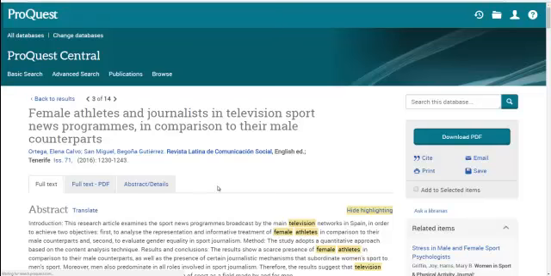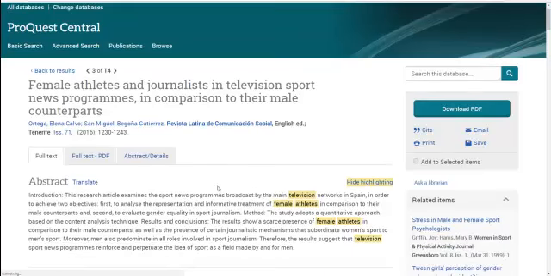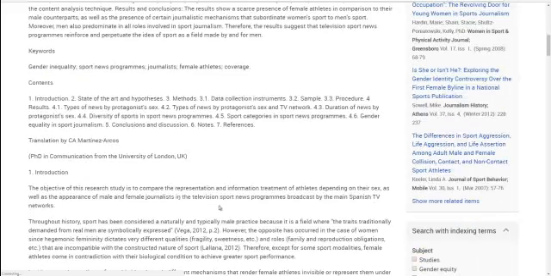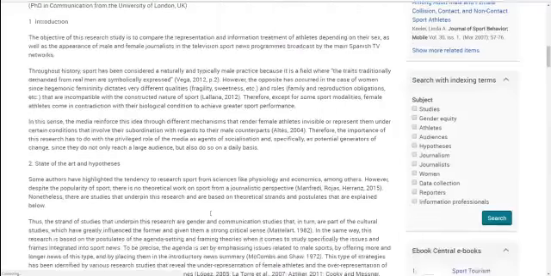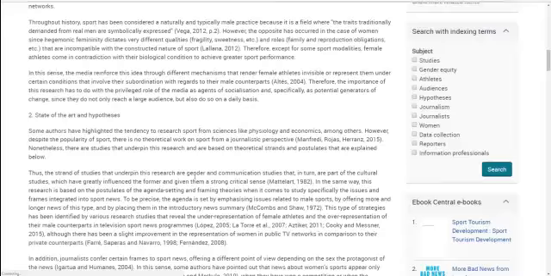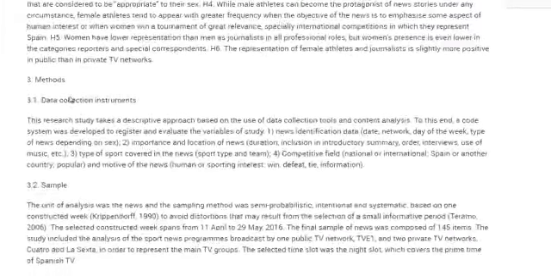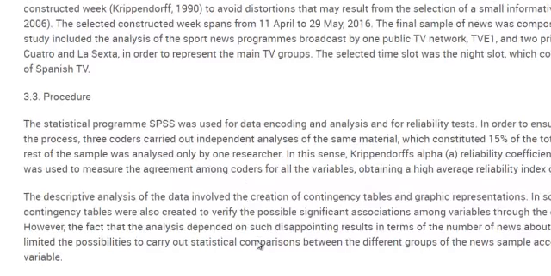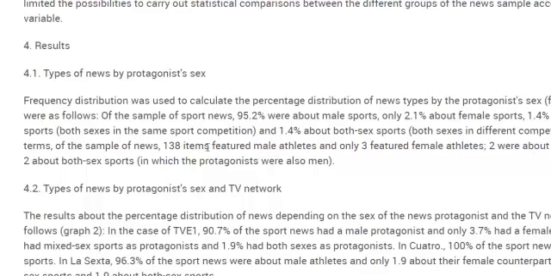Let's look at the full text. Let's make sure it has those elements or those kind of signifiers of an empirical study. So we've got the abstract. Here's the introduction section, state of the art and hypotheses. So this is going to be our literature review section. It's got a methods section telling us about data collection instruments. Sample, this is going to be your population. Population isn't always people. In this case, it looks like it's television programs. Procedure, and then here's a results section,